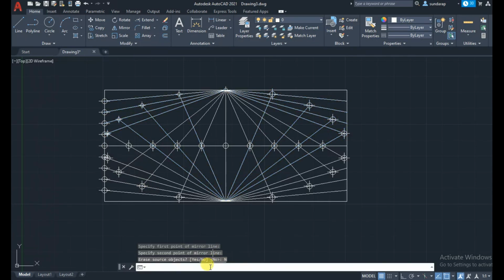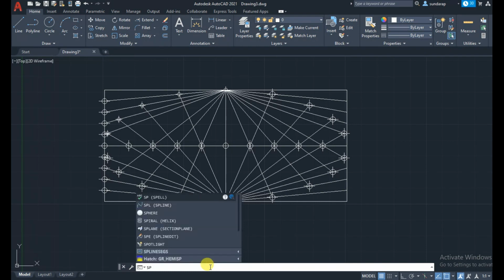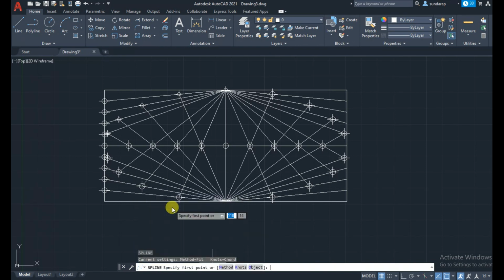Now use the spline command to draw the chord line of the ellipse.